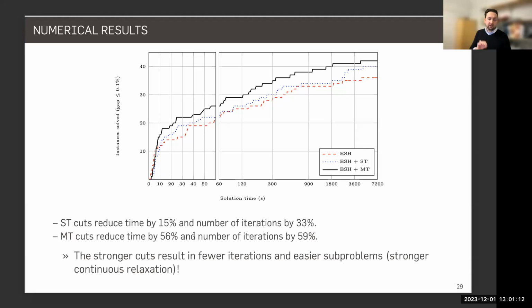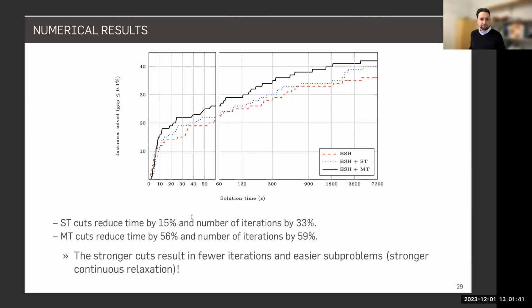And what you can't really see from this figure is the fact that the stronger cuts here result in fewer iterations, but very importantly, it also results in easier subproblems. And by subproblems, I mean MILP problems here. And this is due to the fact that the MILP problems will have a stronger continuous relaxation. And by doing this tightening, there are several instances when we got a speed up of a factor of 1 or 2